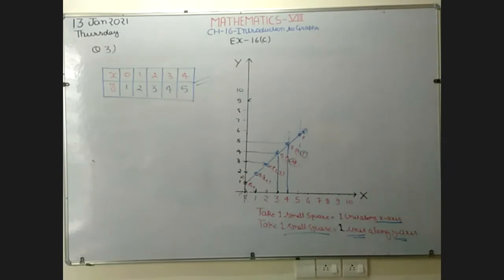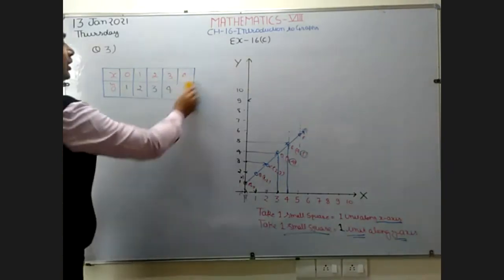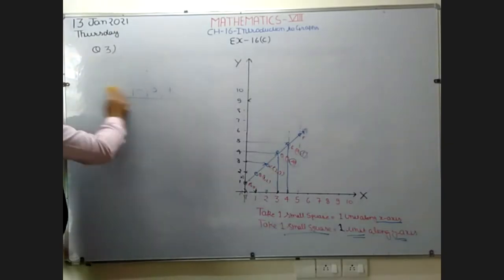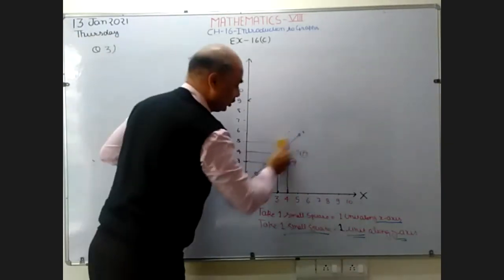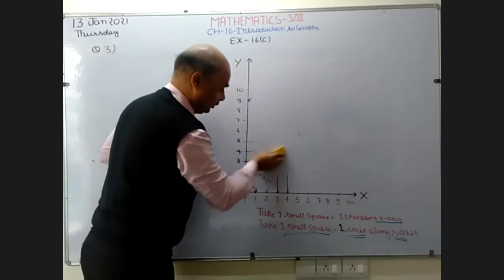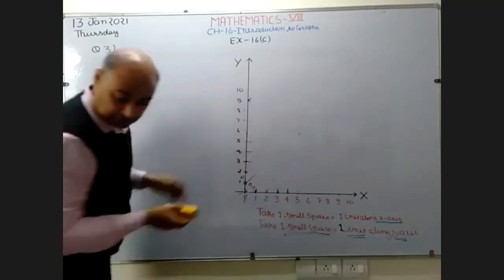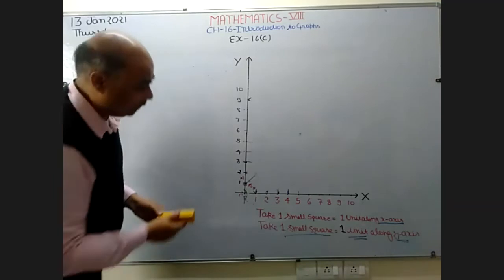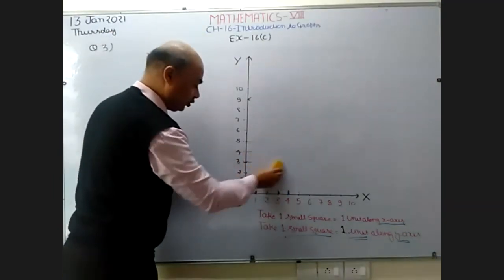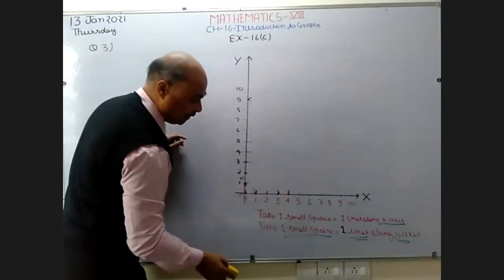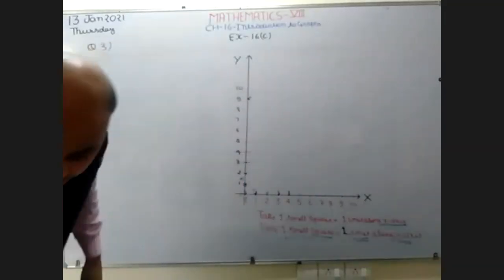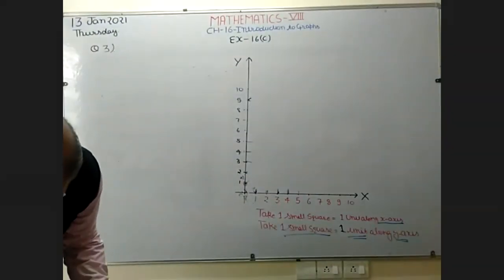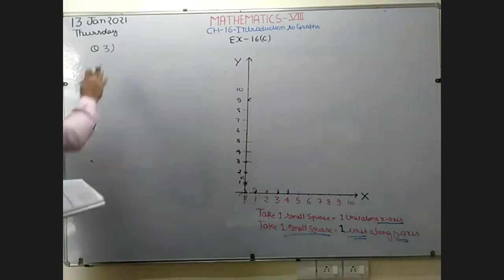Now you want to solve the next question, question number 4. This is a very simple question. What is given here? We want to draw the graph of a multiple of 3 and a multiple of 5. You are going to draw the graph of the multiple of 3 and the multiple of 5. So this is going to be very simple, beta. This is your question number 4.